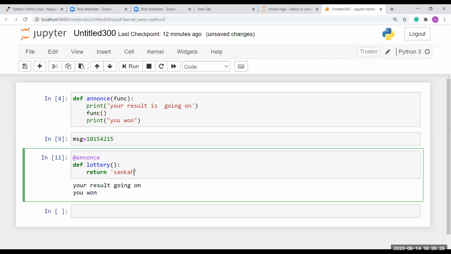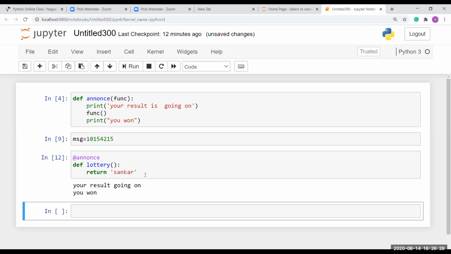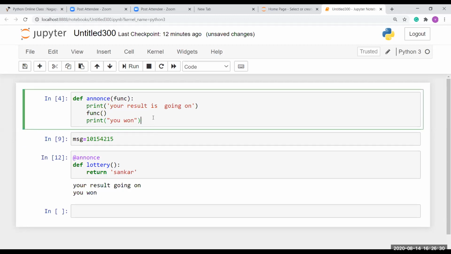I'm going to give my name, returns that same functionality.